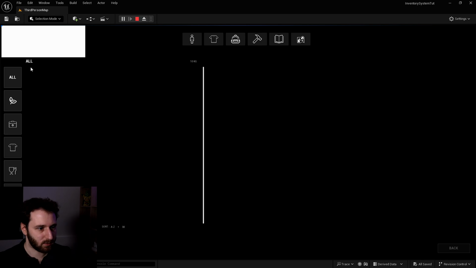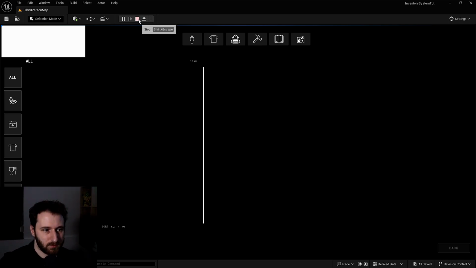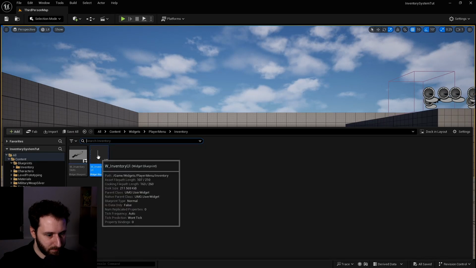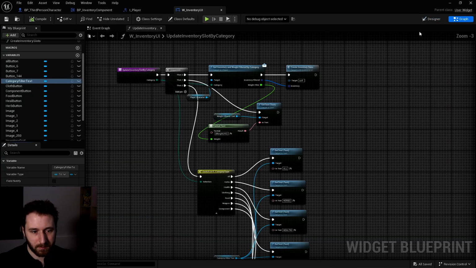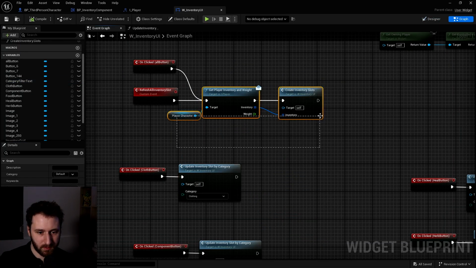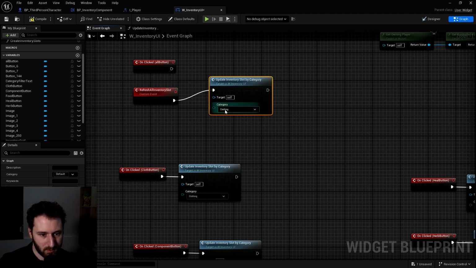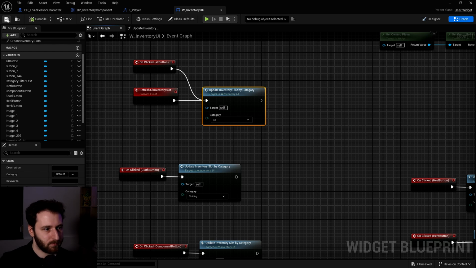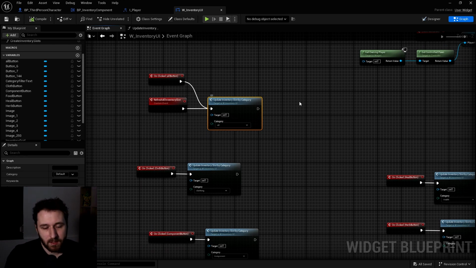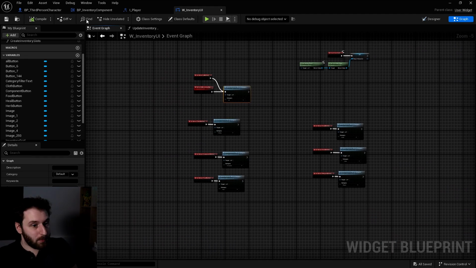For the first time, you can see that we have all and 10 kilogram when it's not the truth. So let's close this and go on to our inventory UI. You can actually call this thingy by category. And we just put all up, tac, tac. That's perfect. Now everything is set up.